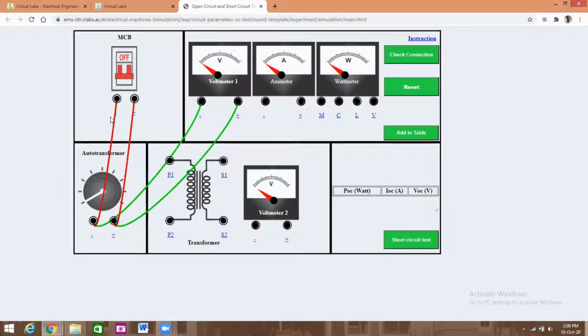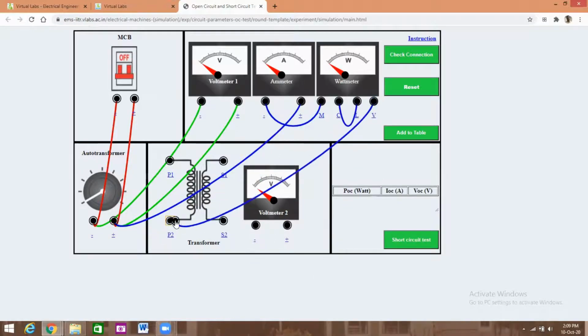Positive is connected to positive and negative is connected to negative. Then the ammeter is connected in series with the power supply. So the auto transformer plus to ammeter plus. Then ammeter negative to wattmeter M. Then wattmeter C and L are short circuited.